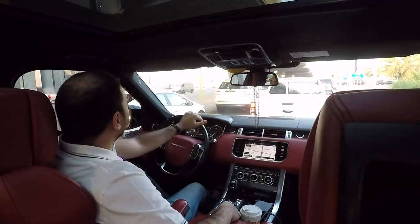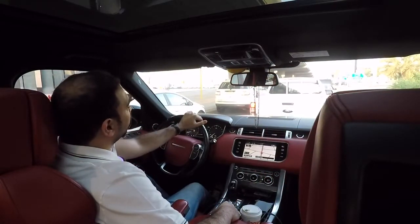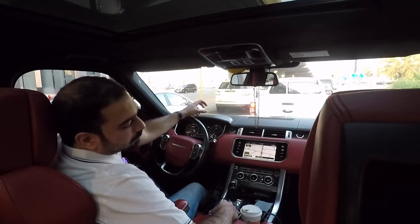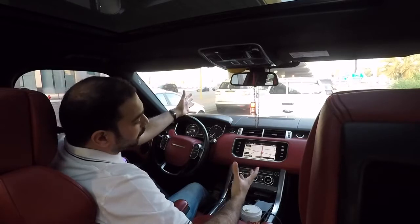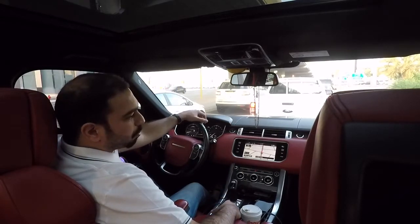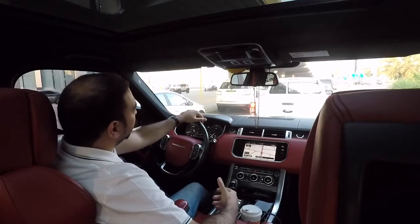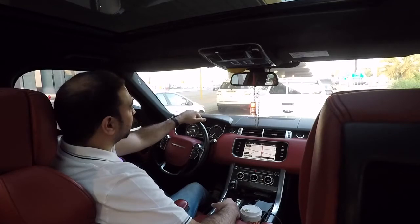Tire size of this vehicle, 275 the width. The height is 45. The rim size is 21 inch. Huge tires give you more stability or better handling. An all-wheel drive car,